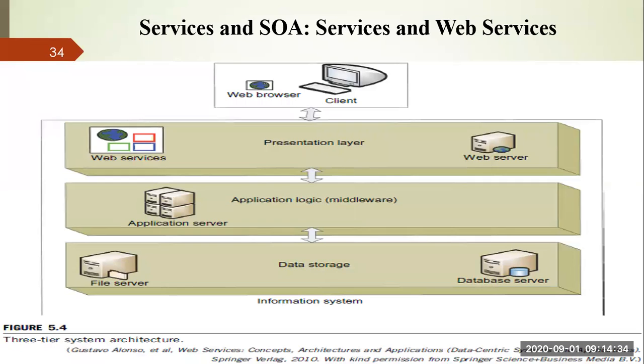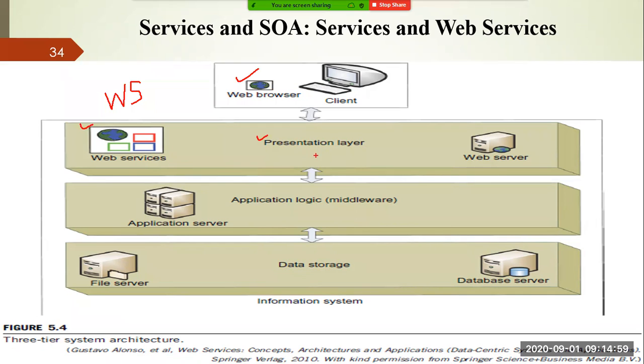So this is the complete architecture you can see in this diagram. There is a client, okay. You know that the client accesses any system with the help of a web browser, right? Maybe Google Chrome, maybe Firefox, maybe Internet Explorer. Then the request reaches the presentation layer, right? The presentation layer is responsible for the web services, that is WS. Any web services there are, they are maintained by the presentation layer.